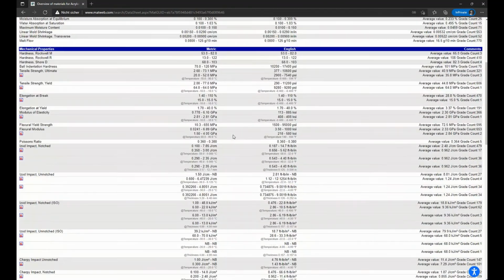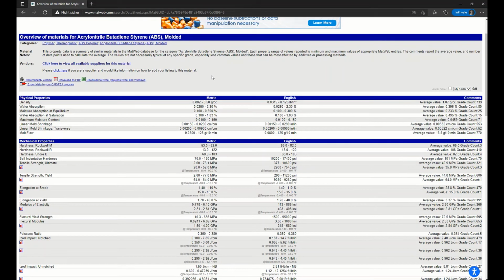we have also, nice, you have it in metric and in English units. And what is also good, you can download immediately as a PDF, or you can download as an Excel. And when you're registered, you can also export the data to your CAD or finite element analysis program too. So it's really quite handy access to free data and good further processable to download as a PDF or as